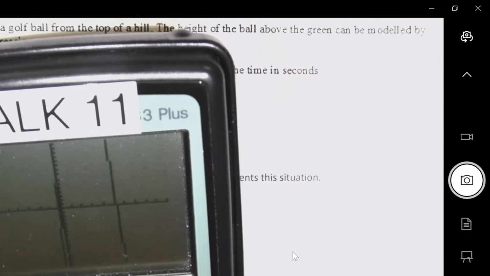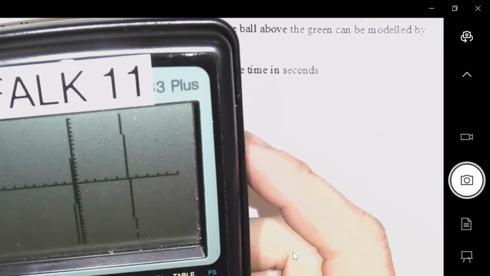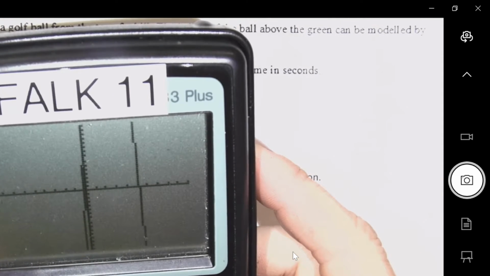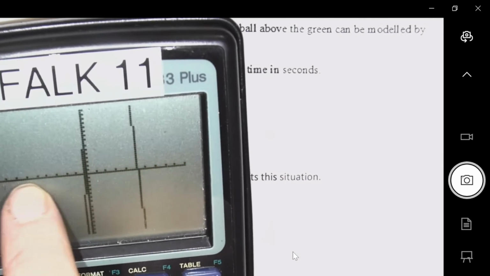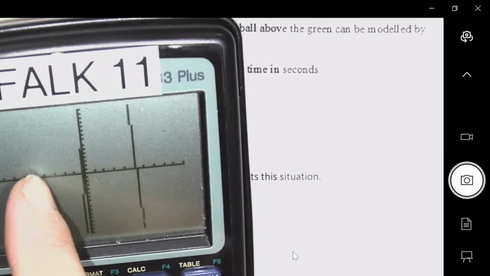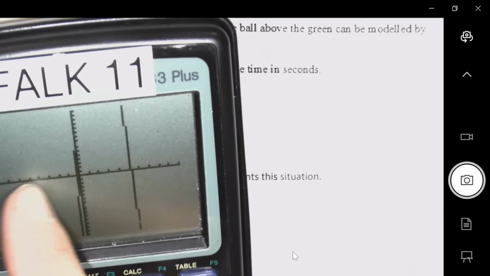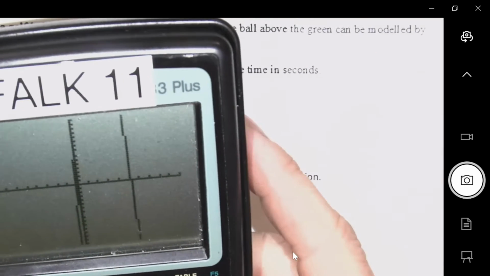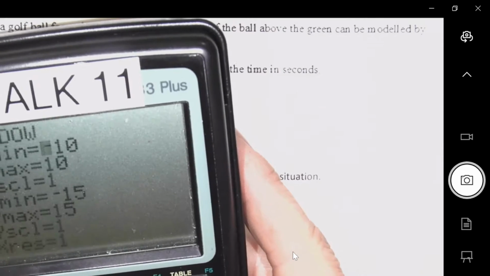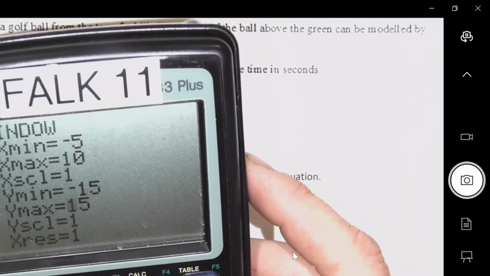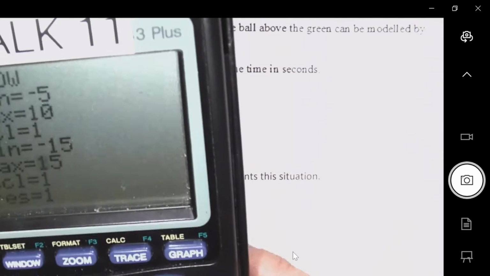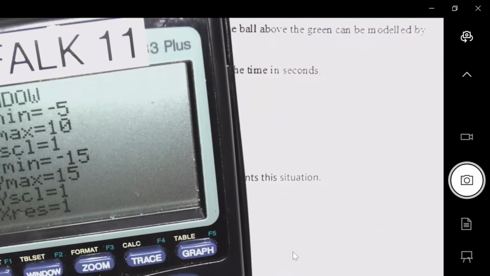Okay, the biggest thing will be getting your window. I kind of feel like I don't really need all this x over there, so I might cut the x off at -5. And I want to see higher. I don't really know how much higher, but window. So x, I'm only going to go -5. And then y, I'm going to do